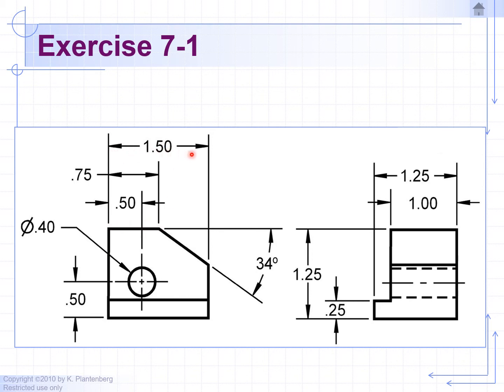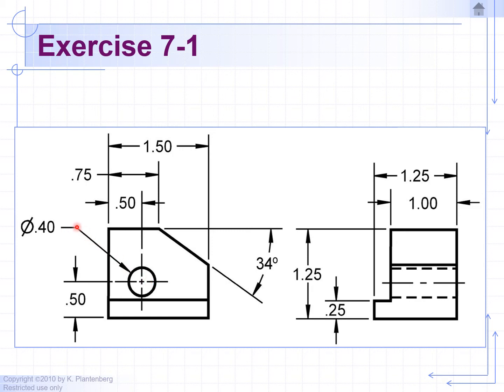And finally, we have the overall length of 1.50 units. And notice how you go from small to large. Okay, and we'll talk more about this on the next slides. And we have an angle of 34 degrees. That's the angle of the chamfer here. And we have the gaps. Notice also the leader has an angle. It's not exactly, but it's about